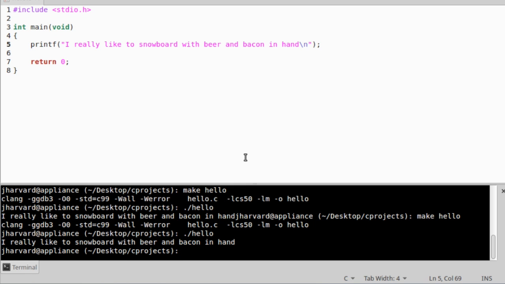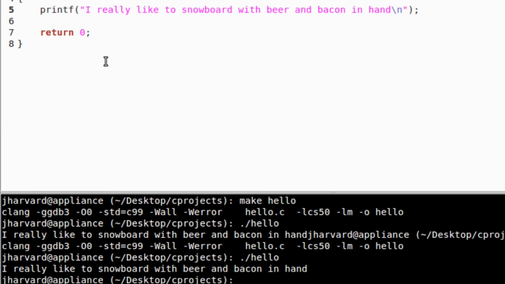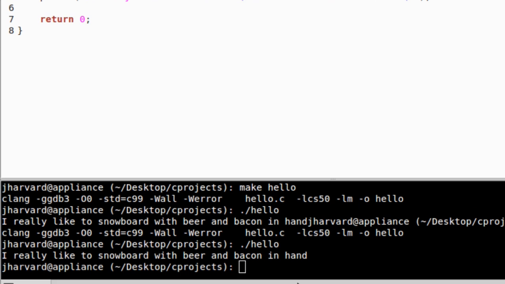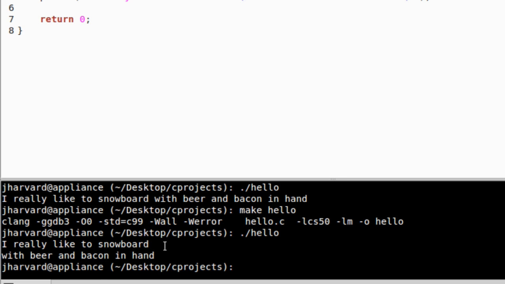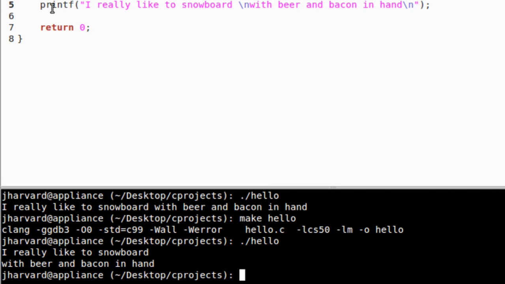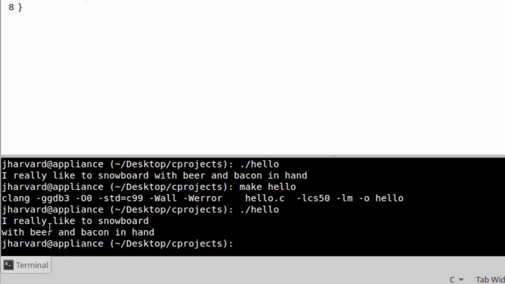And let me just show you one more little thing before we move on. I can insert this \n wherever I would like. I can do it multiple times in the same printf function. So I'll go ahead and recompile and do that. I really like to snowboard with beer and bacon in hand, and you see now that we don't have to call multiple printf functions to have multiple spacings. We can just do this